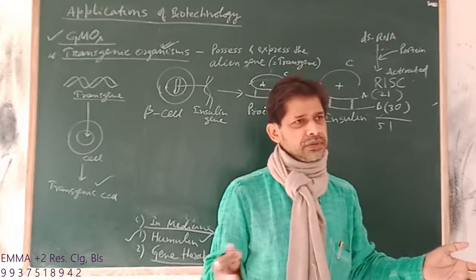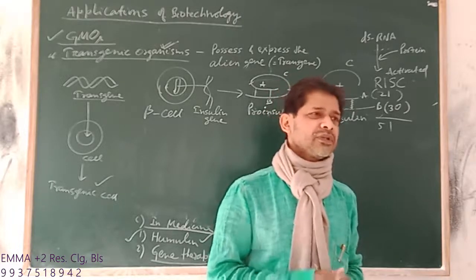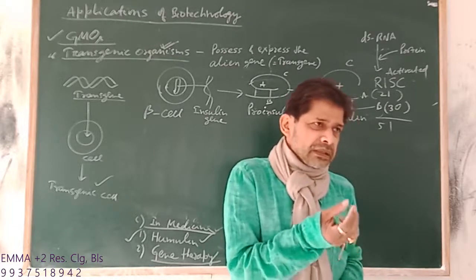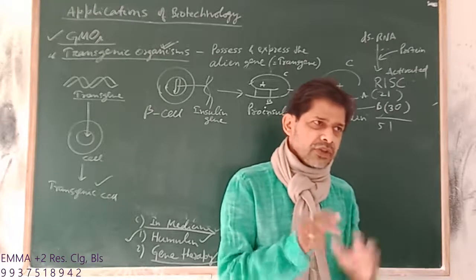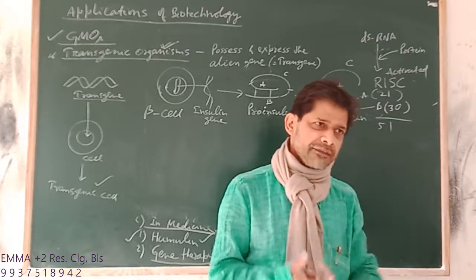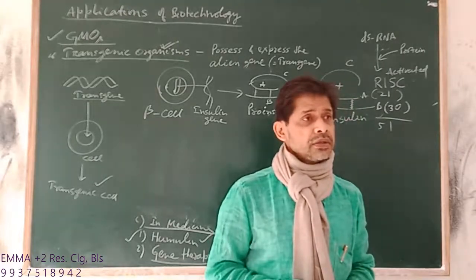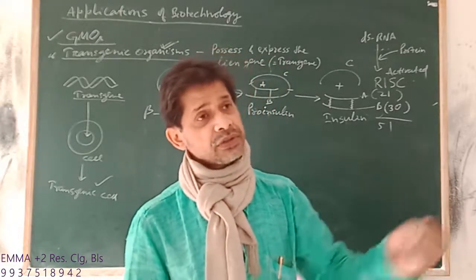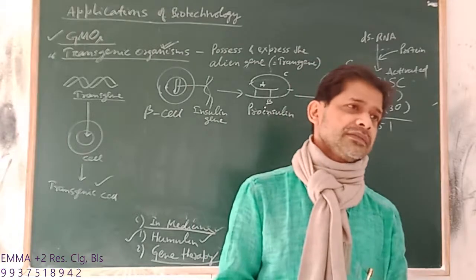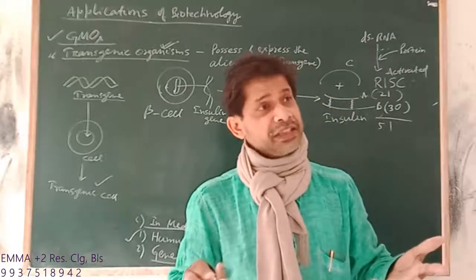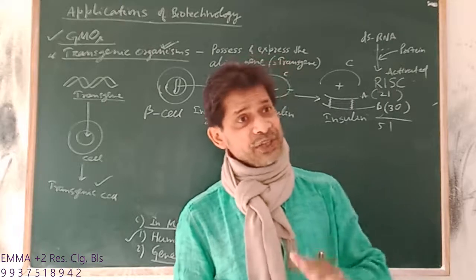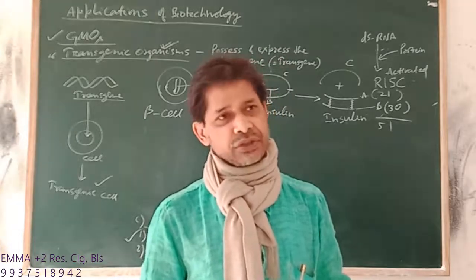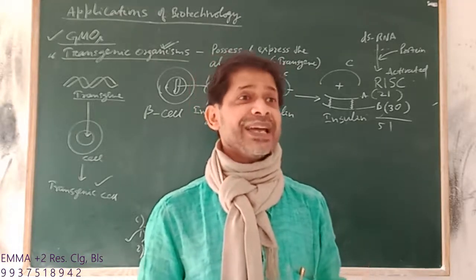From the slaughterhouse, animals are slaughtered and the pancreas is isolated. That insulin is not purified. It contains other contaminants. After injection to a human, that may develop some side effects, because any foreign protein is an antigen that can generate antibodies in our body. So it will challenge our immune system. To avoid this problem, scientists thought to prepare genetically engineered insulin.